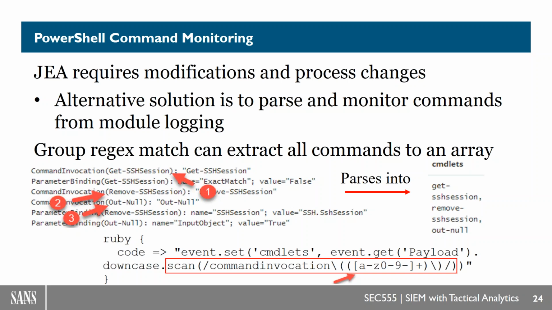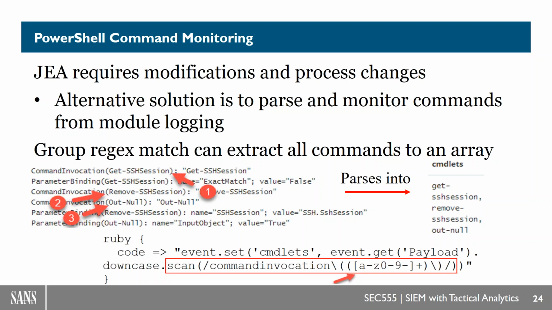You have a whitelist. You have the knowledge of what your environment should be doing, which really means from your SIEM, if you can extract the commandlets out. Or even if this is too hard of an exercise for you, I have a PowerShell script you can run that'll do the same thing. It'll crawl through Windows Event Viewer and grab out these commandlets. So if you can't do the level of extraction I'm doing here with your SIEM, which you hopefully can, you can do this manually with PowerShell very, very easily.